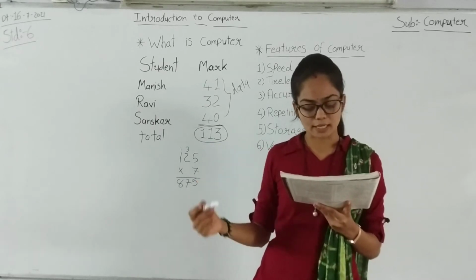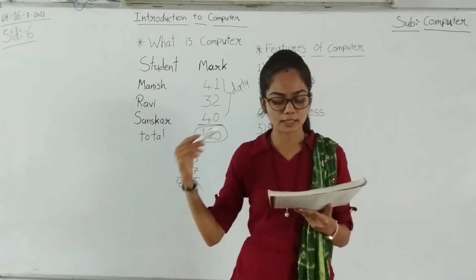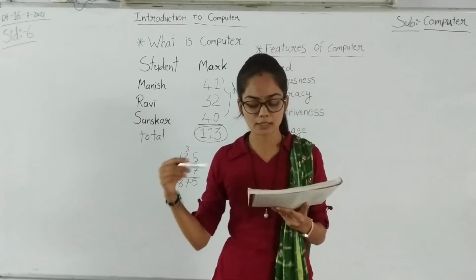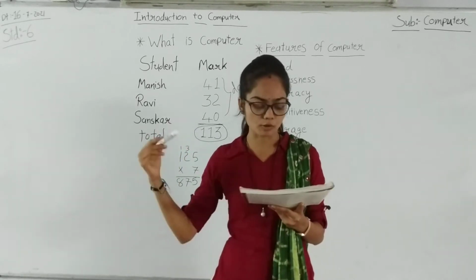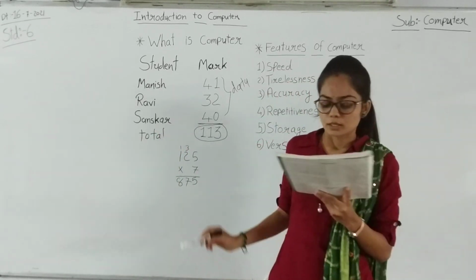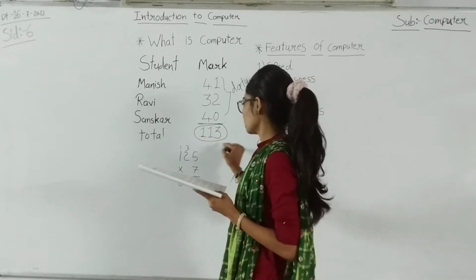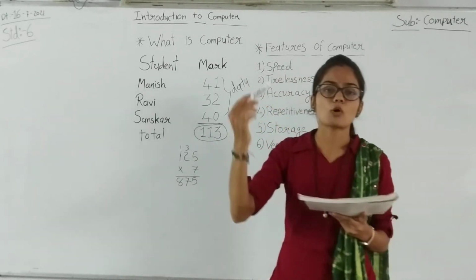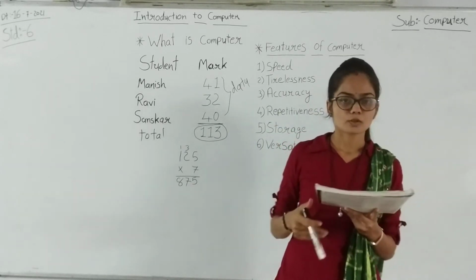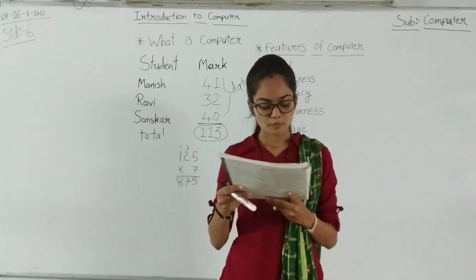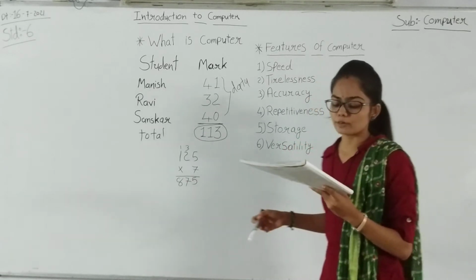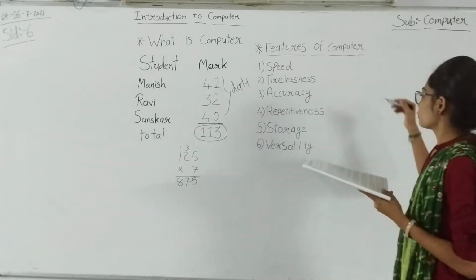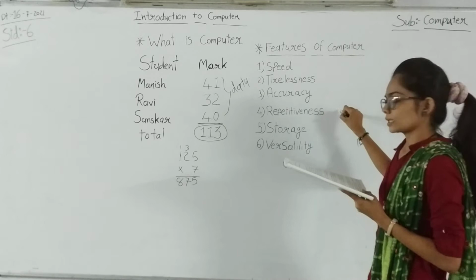Thus, we can say that accuracy and reliability are the most important features of a computer. We can trust the computer's result and it will always be accurate. Okay, dear student. Now we can move forward with the fourth feature, name is